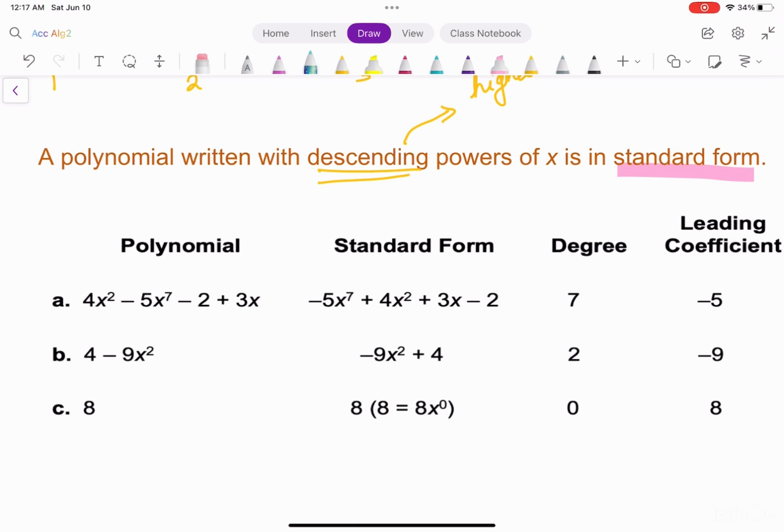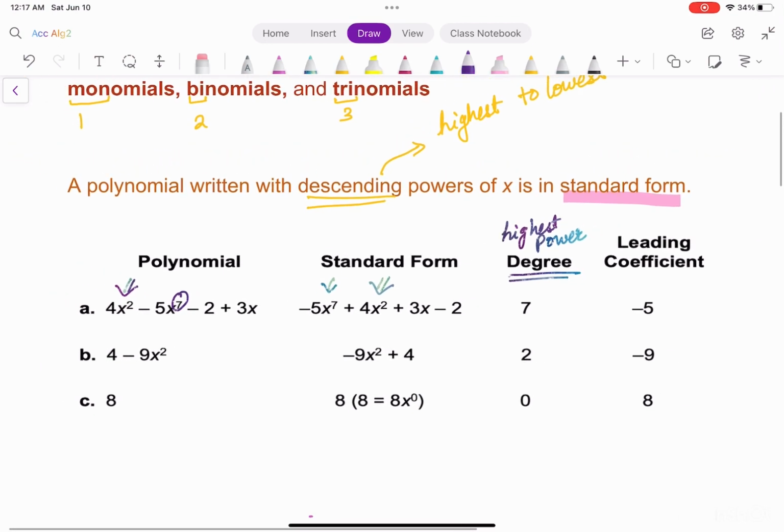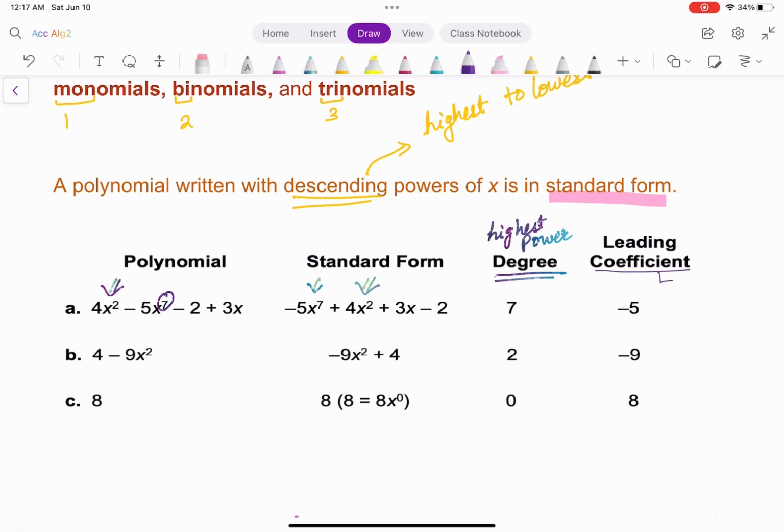Let's understand this chart. So in the first one, the highest power is 7, but it is not written in the descending order. So we need to write it in the standard form, starting with the highest and then moving forward to the lowest. Now, one more thing, because the highest power is 7, the highest degree is 7. And the term with the highest power, which in this case is negative 5x to the power of 7, has the coefficient of negative 5. So the leading coefficient is the coefficient of the term with the highest power,